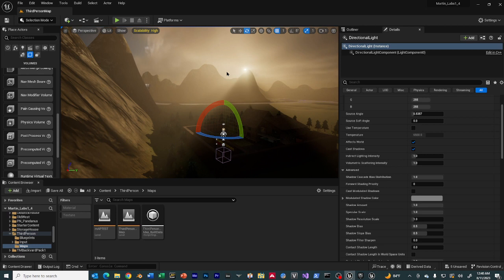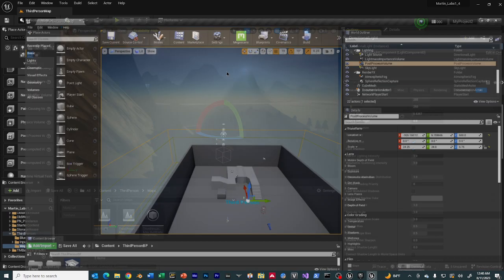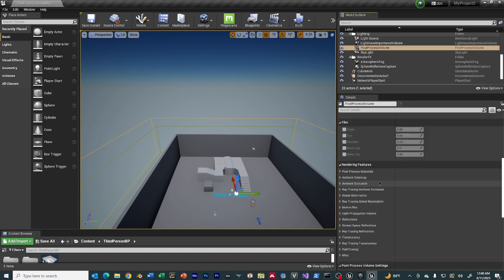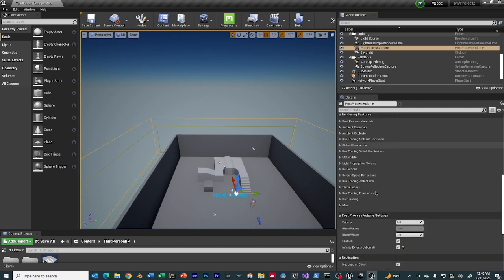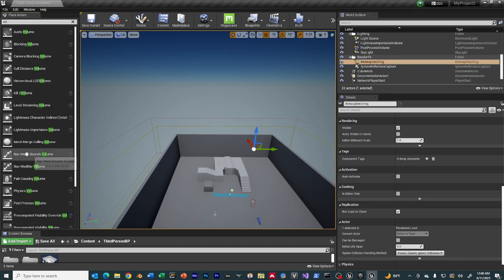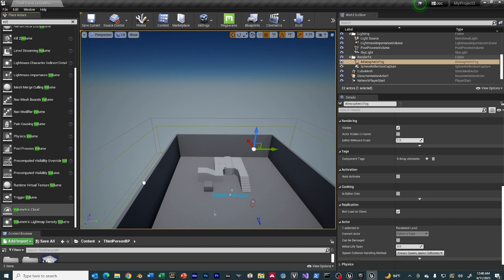All right, so that is the placement of the Volumetric fog. It is also the usage of the exponential fog and the Volumetric clouds. Now, for those that were following along here, those are still there. All the stuff that we just talked about is here. So you can see the post-processing volume has what it's going to have. The atmospheric fog is there. You can also go over here, type in Volumetric, and look for the Volumetric cloud. You can add those